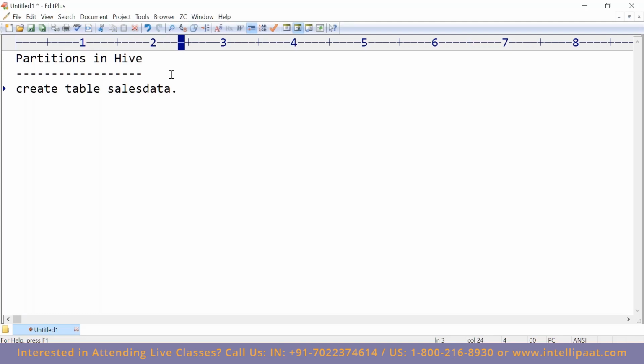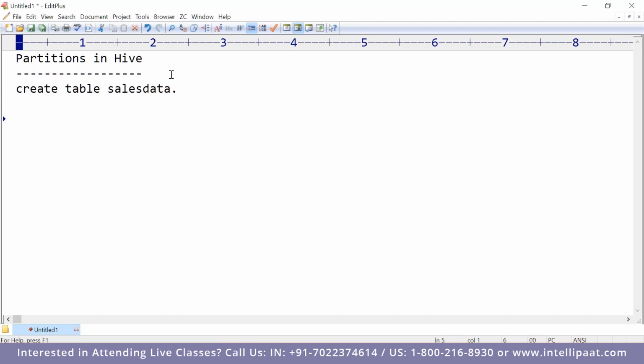I created a table called sales data because my manager says he has to upload some data related to sales. So I created a table called sales data with some schema, some columns and all, whatever we have. Now imagine you are working on a managed table. For the time being, we assume that we are on a managed table, and by default,